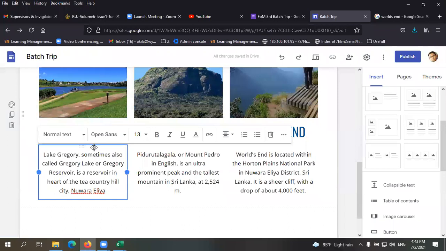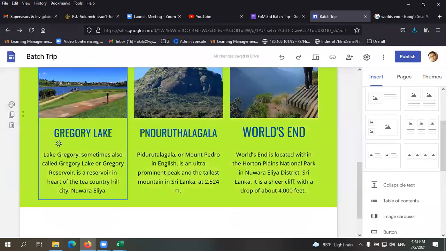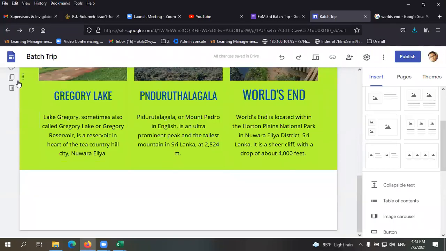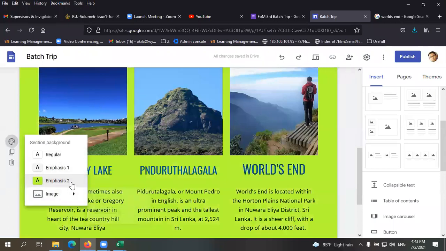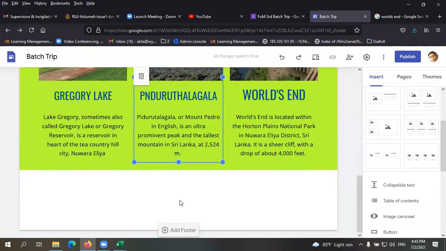Again, you can add backgrounds. Right. After that, again, you wish to add another image or something, right?